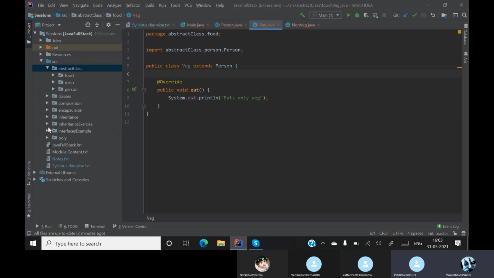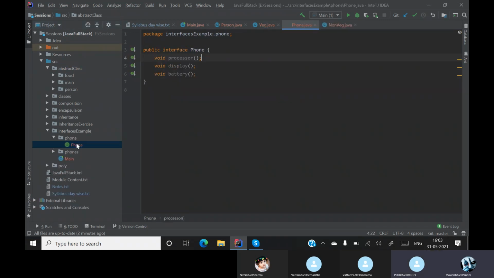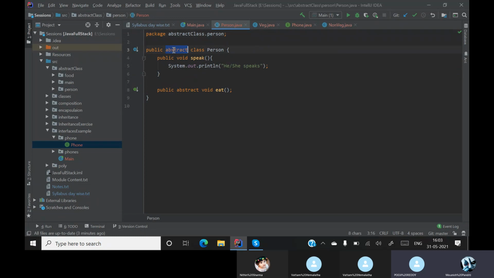Let's go to the implementing interfaces part. Over here, interface is there. There is no keyword called class. But here you have the keyword abstract, and you have the keyword class also.